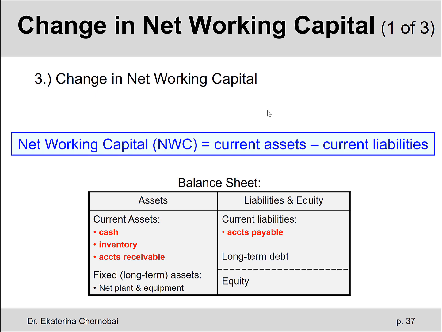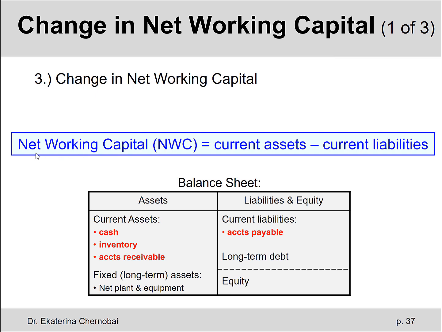Let's look at the third one of the 3 components of the total cash flow that we need to find for every year of our investment project. This one is called change in net working capital. So why do we need the word change? Can we just say net working capital for each year? And first of all, what do we mean by net working capital? So let's cover all that on the next few slides.